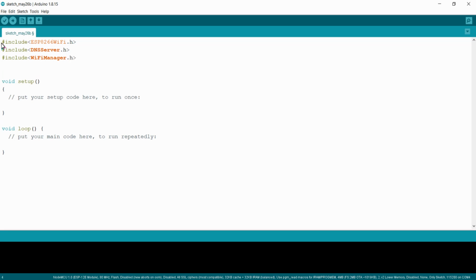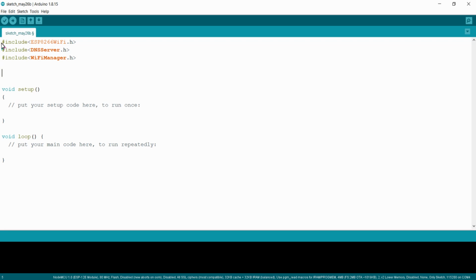So these three are the required header files for configuring this NodeMCU in soft access point mode, and then you want to create an object for this WiFiManager library. Here you can see I have created an object for this WiFiManager library called wifi. Using this object you can access all the library methods of WiFiManager.